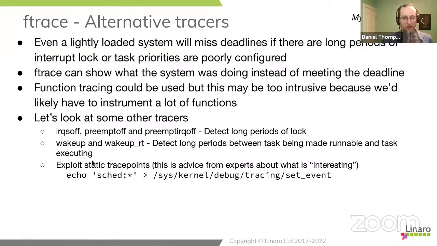So if we turn on, using this particular command here, the static trace points for the scheduler, we will have logs of things like context switches. We would be able to see who is going, what task we're running when we should have been running something else. Again, we get a better view of the system with much less overhead than doing a full function trace, because now we're only tracking a couple of particular points in the scheduler.